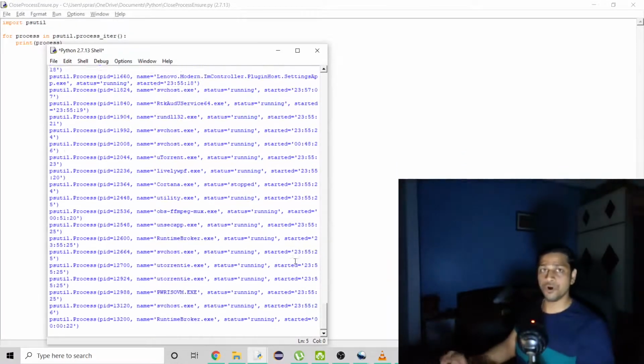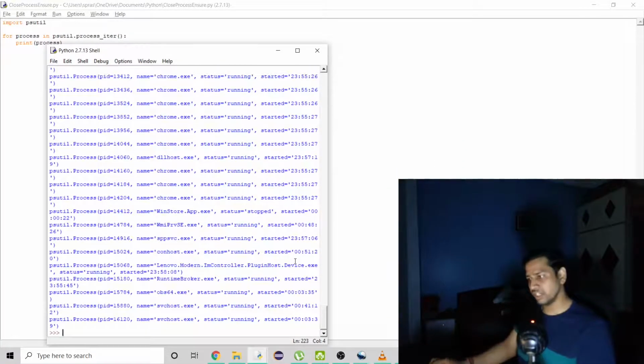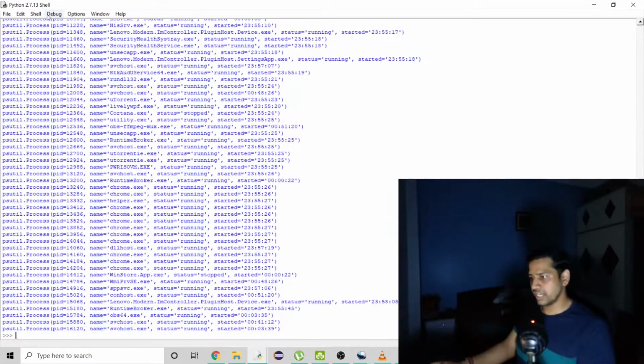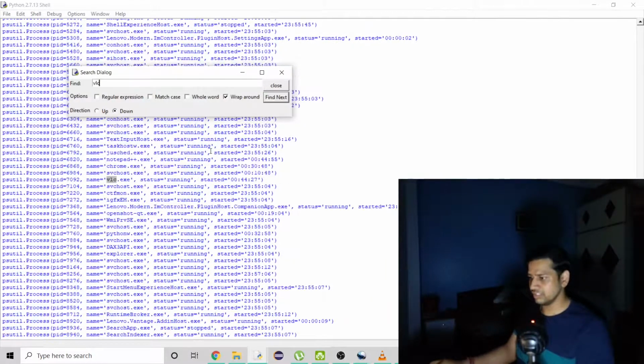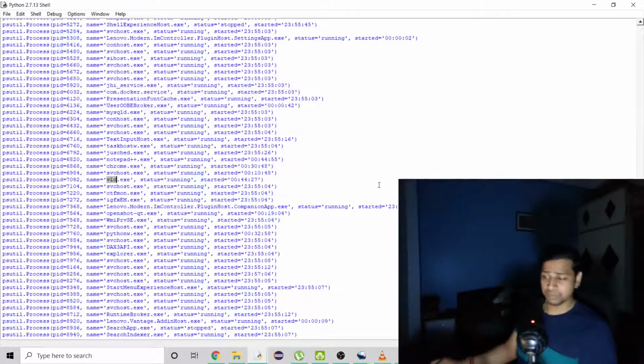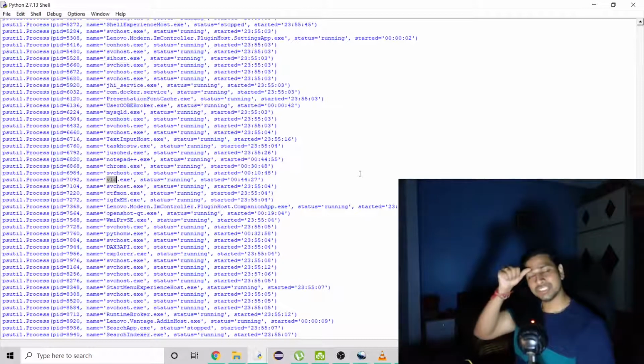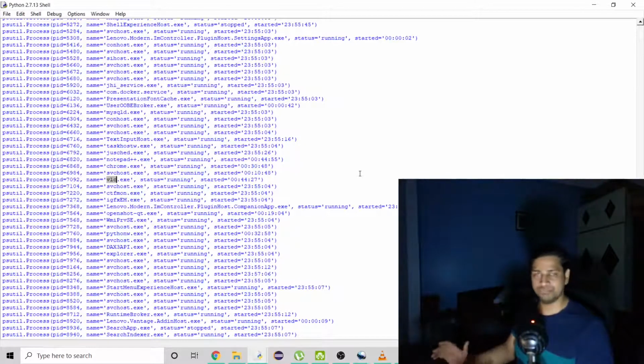If you want to know the name of your running application, you can directly search here. I'm going to play with VLC, so I can just search for VLC here, and it's vlc.exe. If you are not able to find it this way, you can directly open Task Manager and try to search there. That is the most obvious solution. So I'm just going to copy this because I'm going to use it.